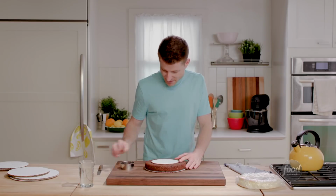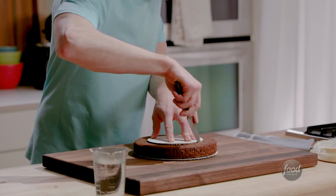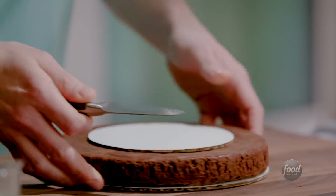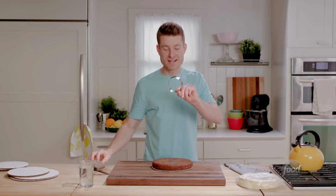So I'll start with this 6-inch, and I'm just gonna take a paring knife and kind of mark this out. So I'll give myself a guide where I wanna cut. And when I'm doing this, I wanna hold my knife as straight as I can so that I get a nice straight cut. So I can see that really clearly. Then I have a 3-inch